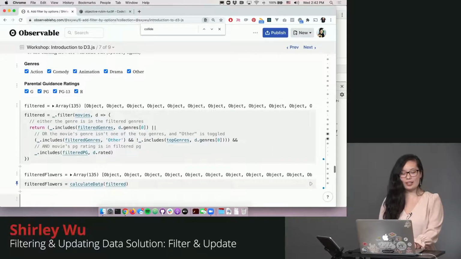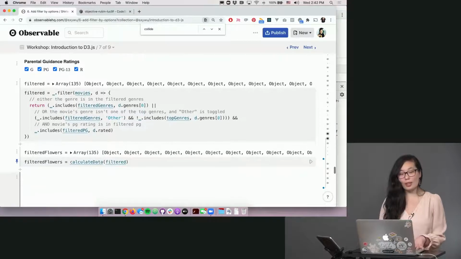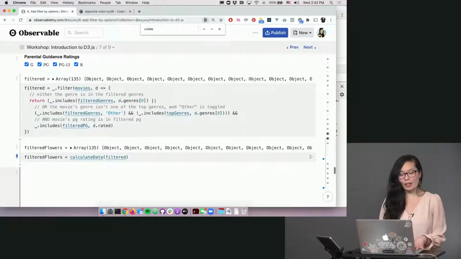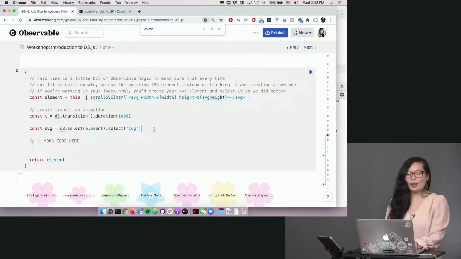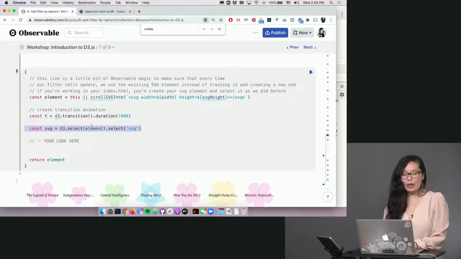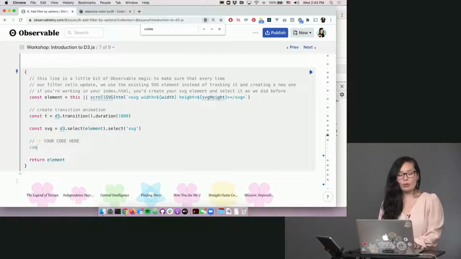Hopefully with this exercise, you now have a feel for this. So as we always have, we have our SVG, and we're going to